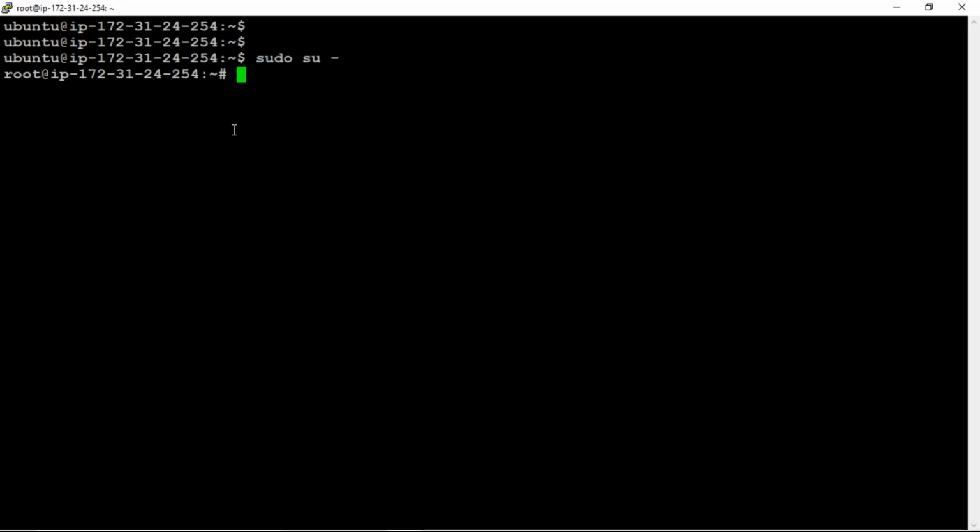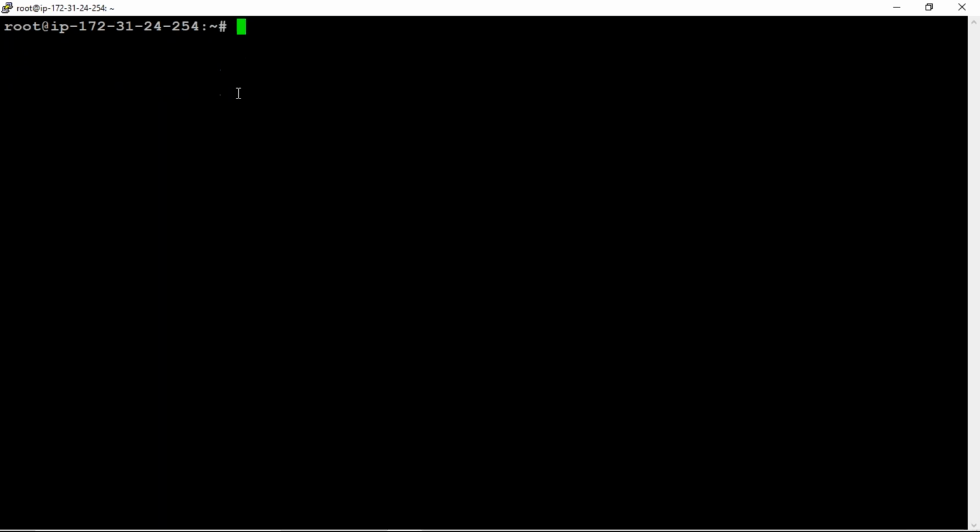So let's execute this one. Now look at the screen. Previously, before giving this command, we were in Ubuntu. After giving this command, we have changed to root mode. And one more thing: before giving this command we were at the dollar prompt, and after entering this we changed to the hash prompt. So we need to change to root mode always. I'm just clearing the screen again.